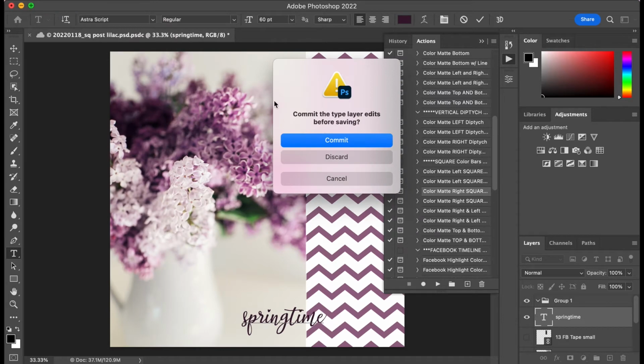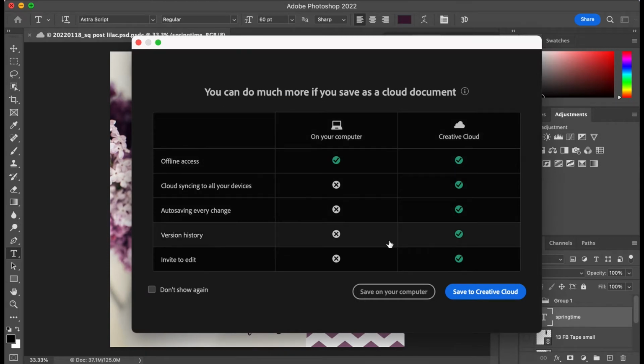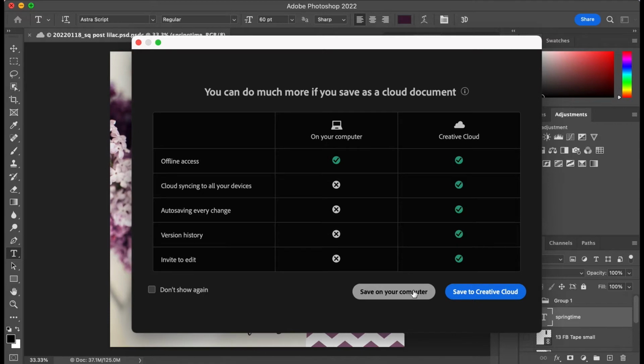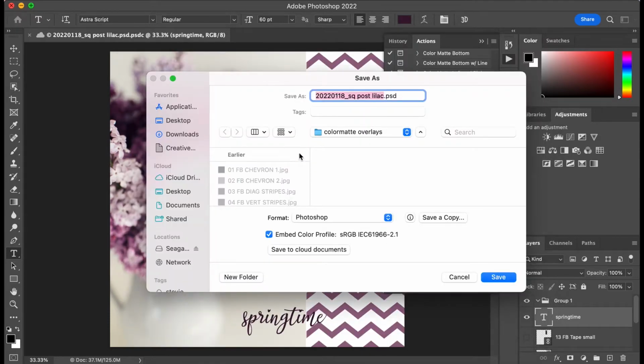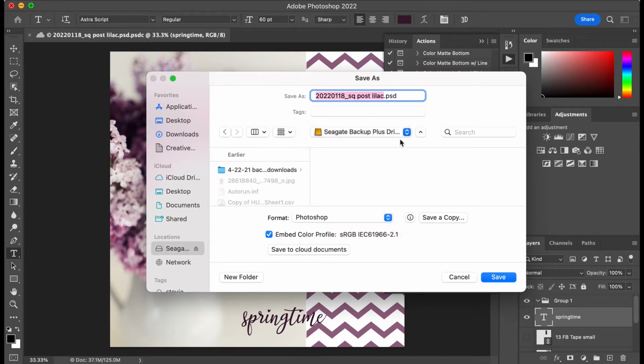Okay, so we are going to commit this. I do not know what that means, but I'm going to say commit. So you can save your projects if you're using Photoshop to either the cloud or on your computer. Usually I save my Photoshop documents to the cloud, but for this purpose I'm going to save it to the file that I have specifically for this. So you're going to want to change it right here, because I do not want to save it to where my overlays are. So I'm going up to my backup,